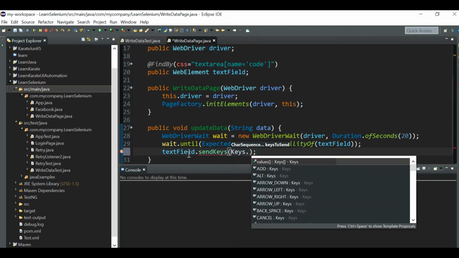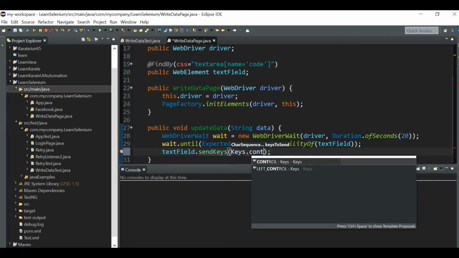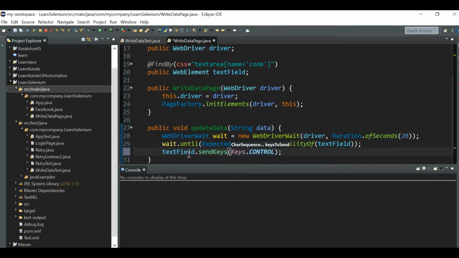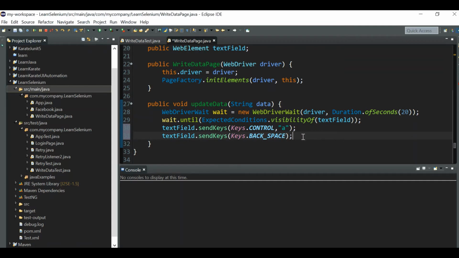First we have to select the data, right? To select all the data, you can use Control A. So first we choose Control, then we pass a keyboard character, which is A. Now we have to pass backspace, so you can choose Keys.BACK_SPACE. In this way you can clear the data.